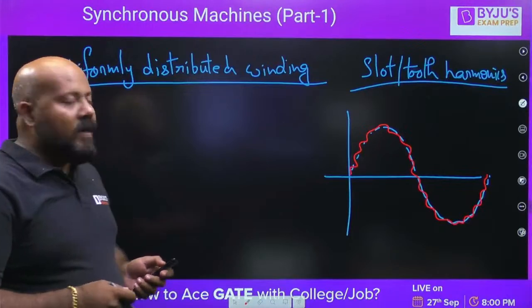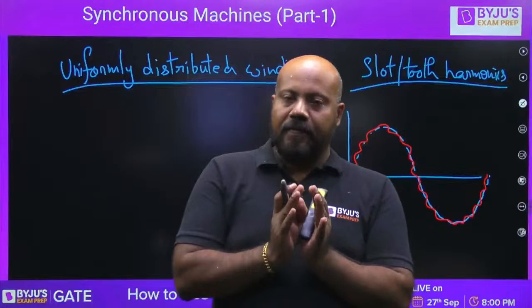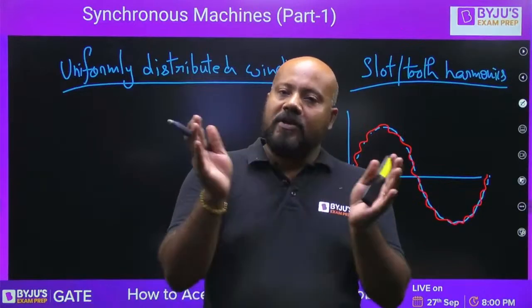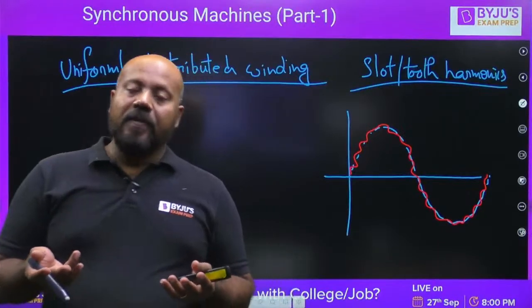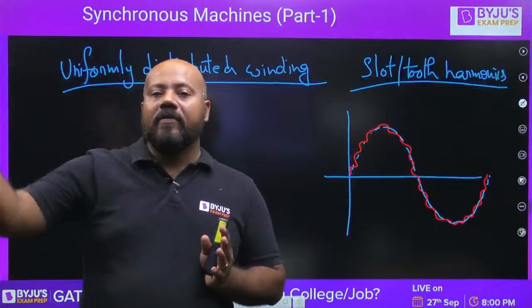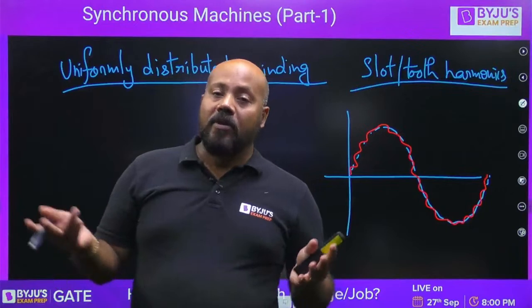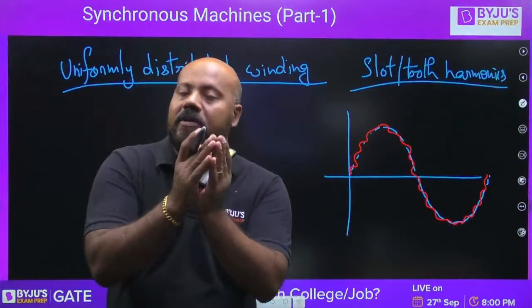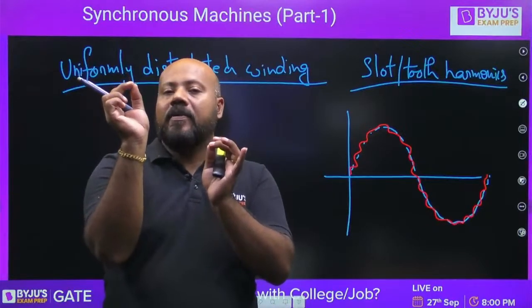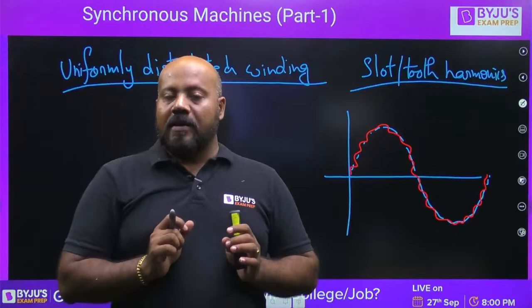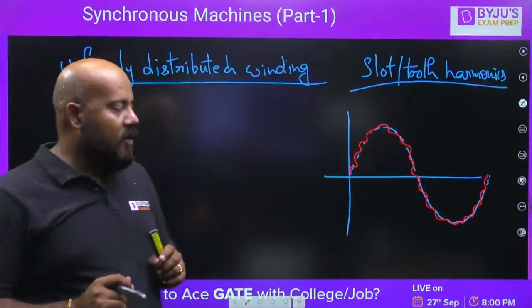One way of removing this discrepancy is to reduce the slot angle. Yes or no? How much can you reduce the slot angle? Theoretically, you can reduce it to 0 degree. If you increase the number of slots to infinite, then what will happen? Theoretically, the slot angle will be almost 0. So there will be hardly any difference or abrupt change in the air gap for slot and tooth. This ideal picture we are using practically to minimize the slot or tooth harmonics.